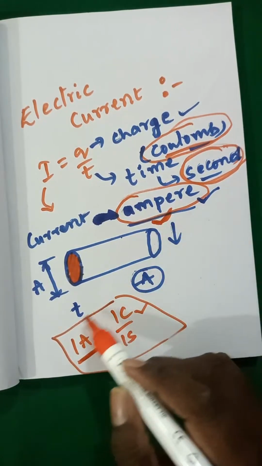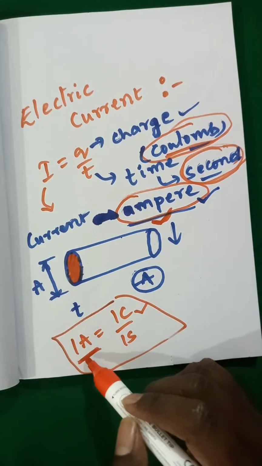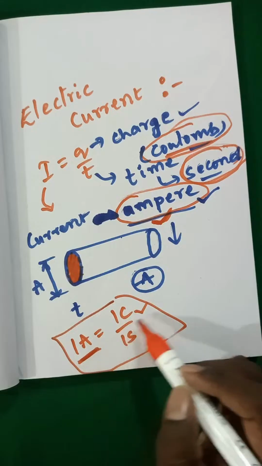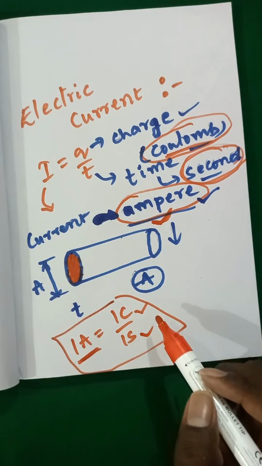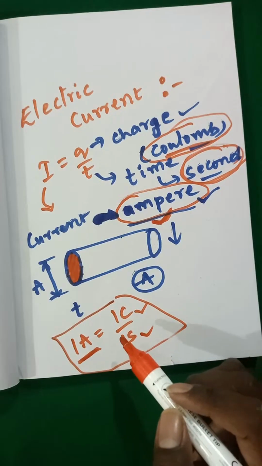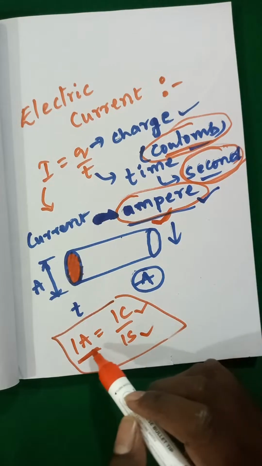But while writing the symbol, you must use a capital letter. So 1 ampere equals 1 coulomb per 1 second. If they ask you to define 1 ampere: